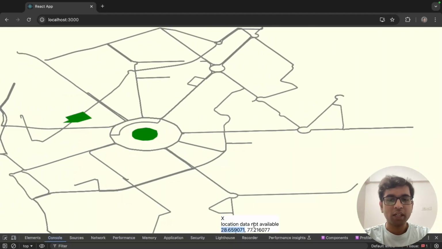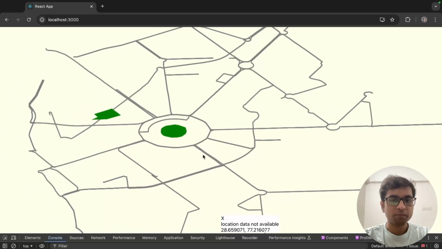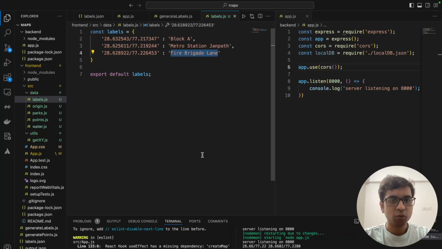So to avoid that, what we can do is we can just find the nearest label available to that point. Let's say if we have this point, we will just calculate the nearest point which is available, and for that nearest point we will just see what label is available, and that label we can obviously display at the location place. So for that, what we will have to do is we will have to first of all,